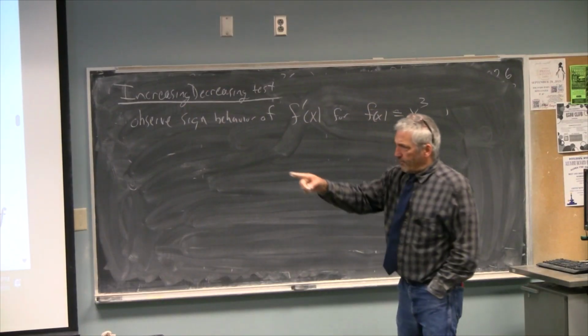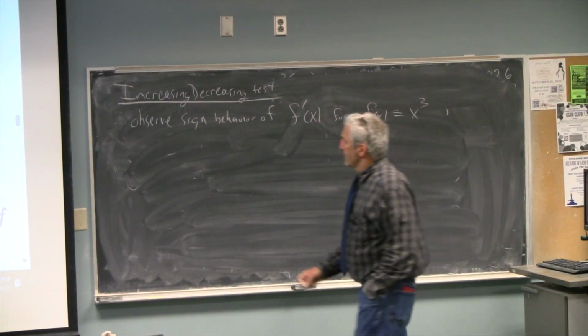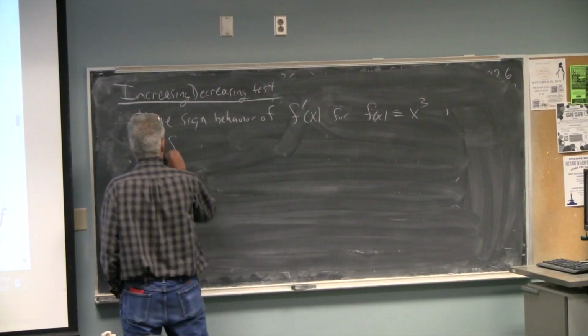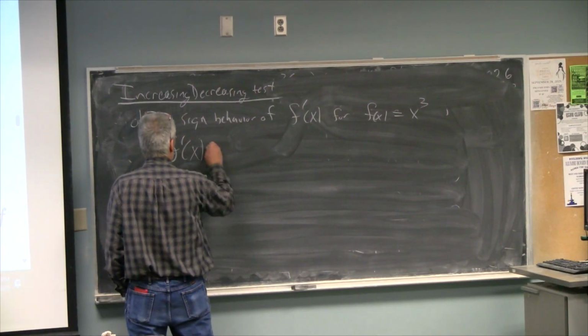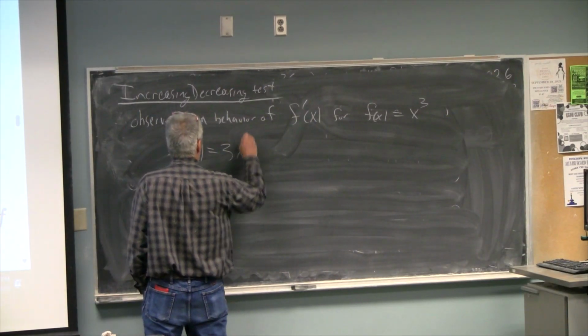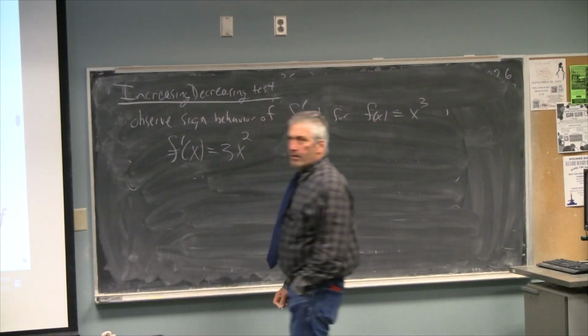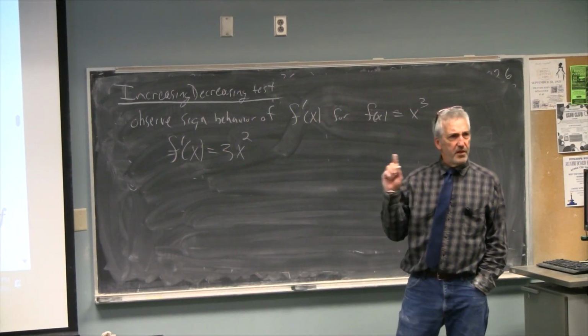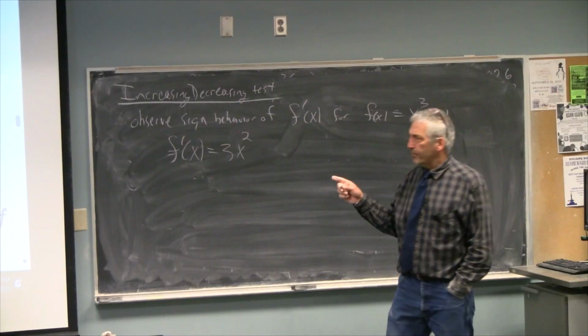So there's our f of x equals x cubed over there. F prime of x equals 3x squared. So if I think about the sign behavior of f prime,